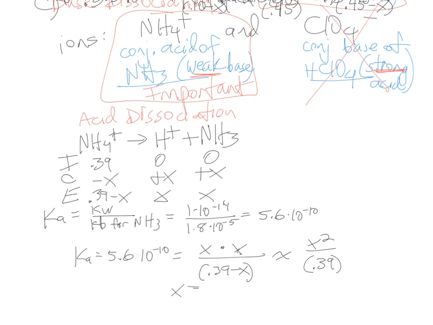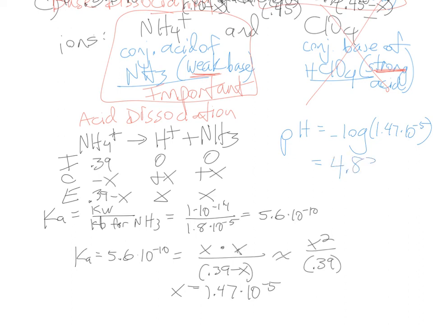When we crunch the numbers and find x, we get 1.47 times 10 to the negative 5th. And if we look back at our ice table, x is the equilibrium concentration of hydrogen. So this time, to get pH, we just take negative log of x, which is 1.47 times 10 to the negative 5th, and that works out to be